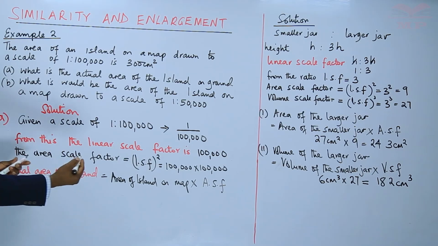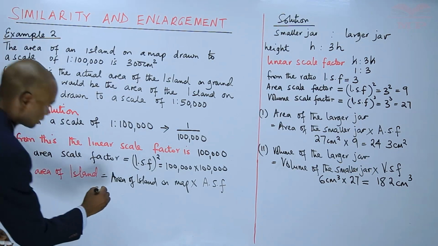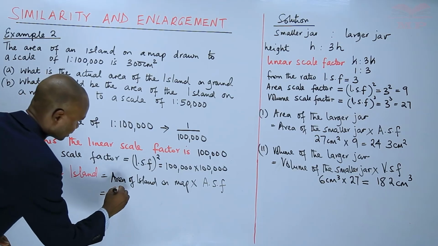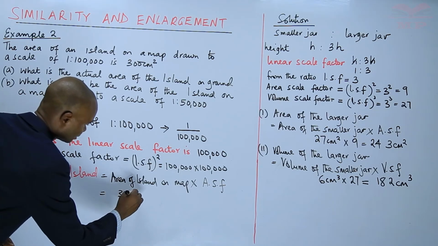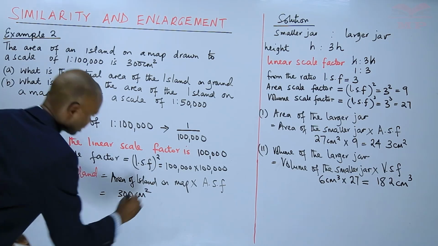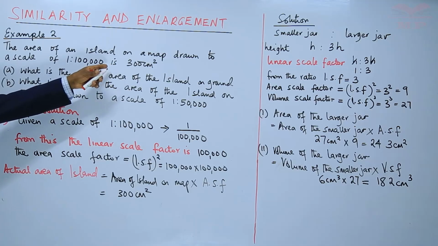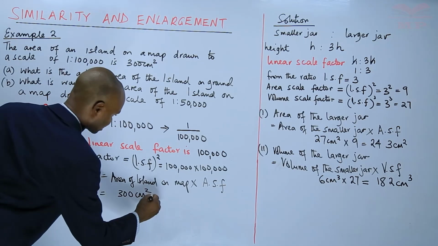So the area on the map is 300 square centimeters as given, not 300,000, times the area scale factor,